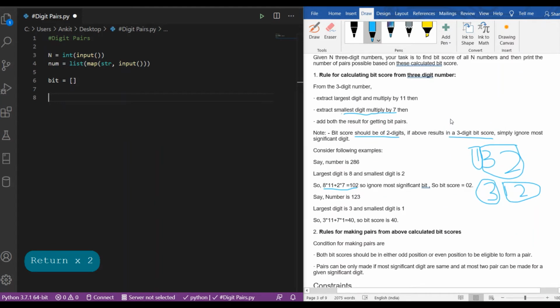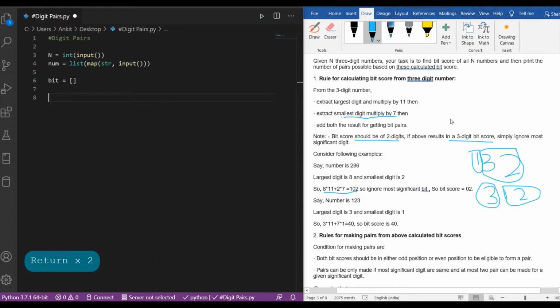Our first aim is to find the largest and the smallest digit. So for that we have to